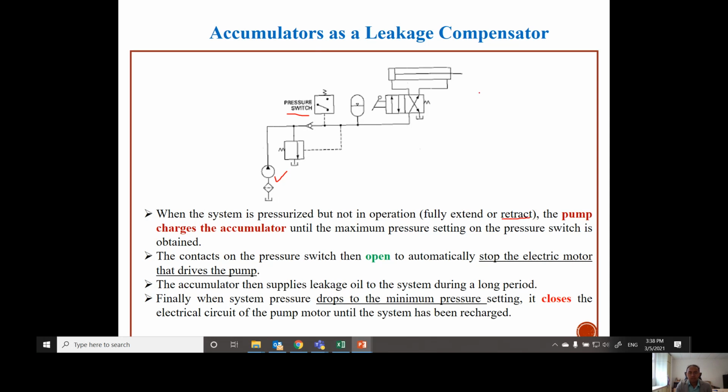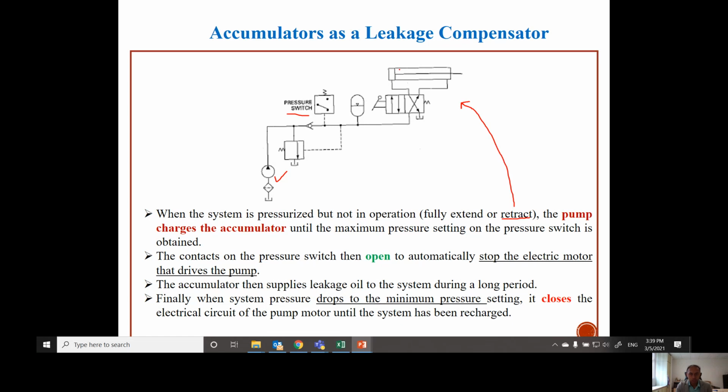In this case, for this particular figure here, you can see that the cylinder is already in fully retract, but the pump is still supplying the flow, or the system is still being pressurized, but the cylinder is already fully at the